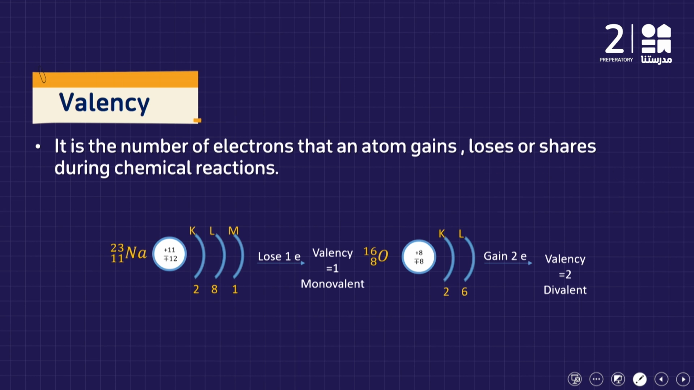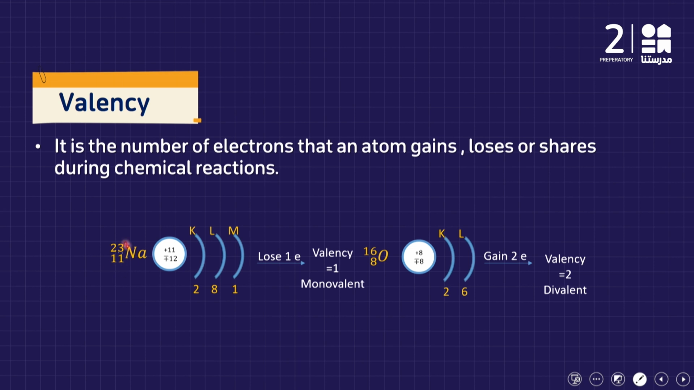What is meant by valency? Valency is the number of electrons that an atom gains, loses, or shares during chemical reactions. When a metal loses electrons, the number of lost electrons is known as valency. When non-metals gain or share electrons, the number of gained or shared electrons is known as valency. This definition is very important: valency is the number of electrons that an atom gains, loses, or shares